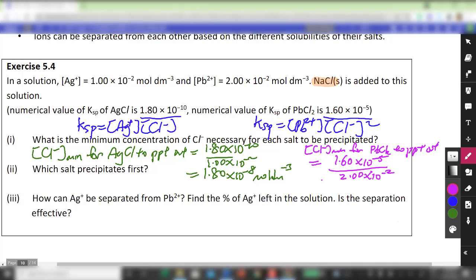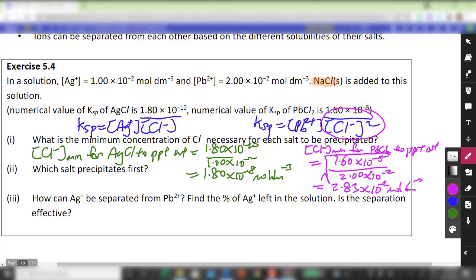And then you need to square root the whole thing, because remember that this is squared. From here you can calculate this to be 2.83 times 10 to the power minus 2 moles